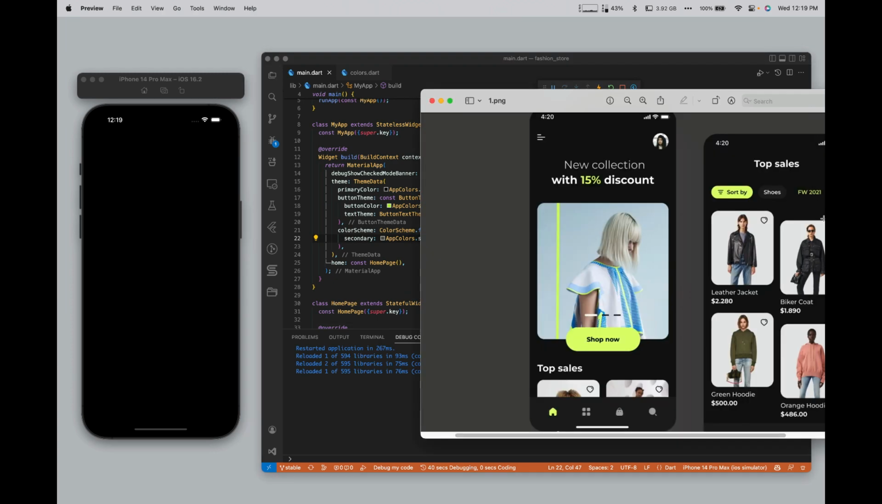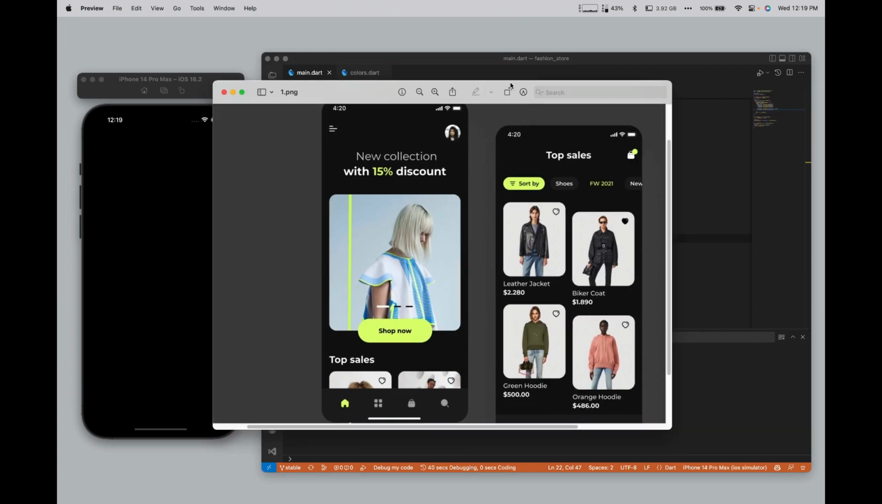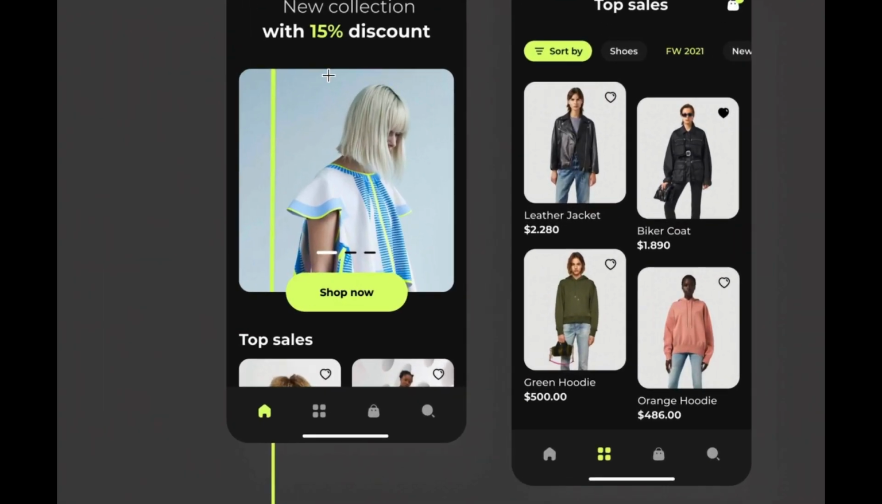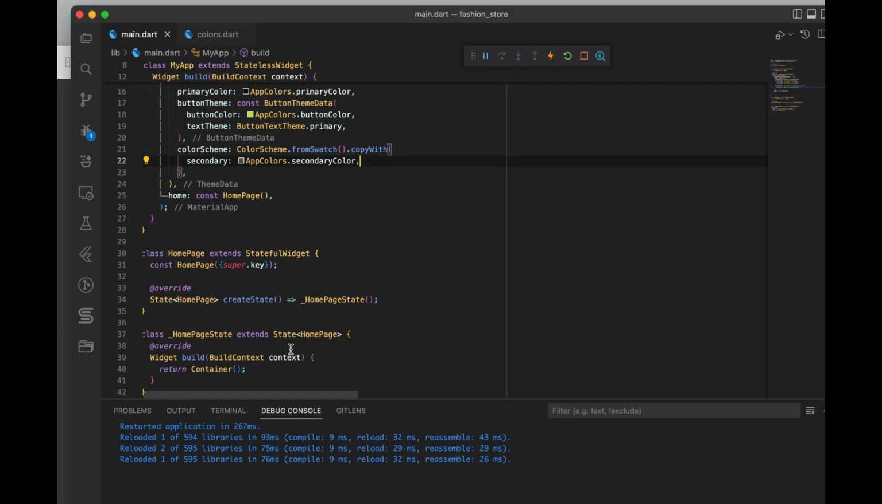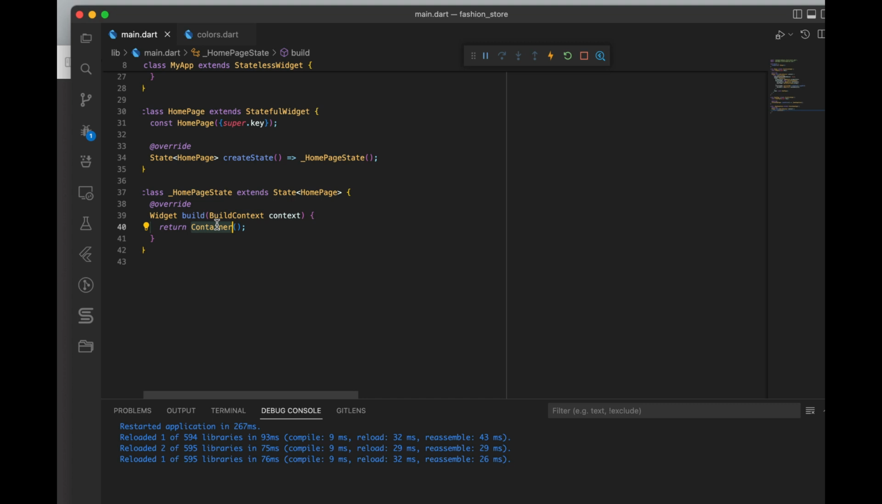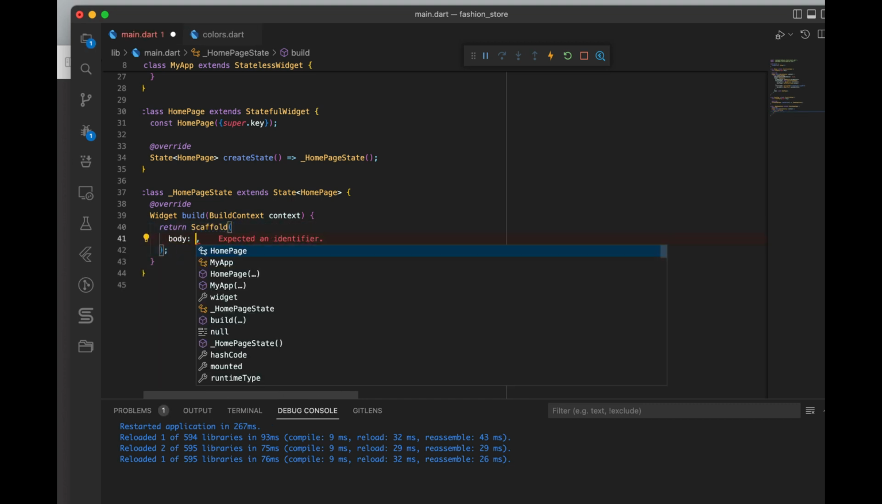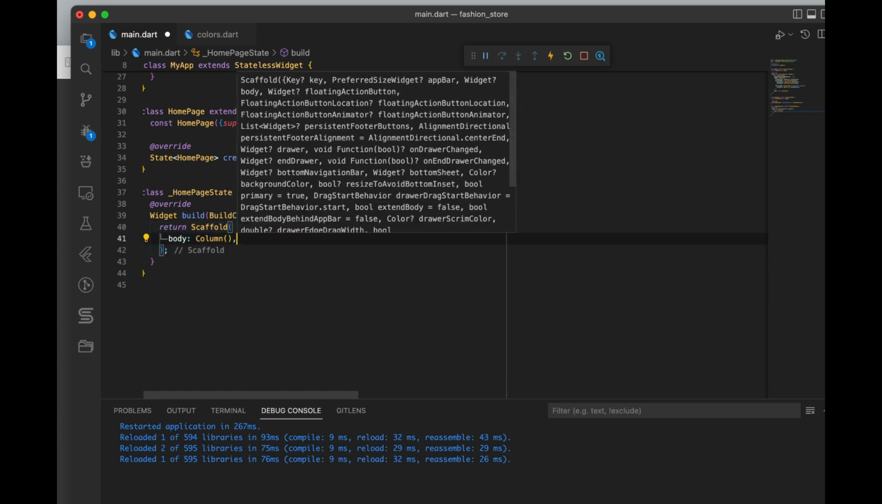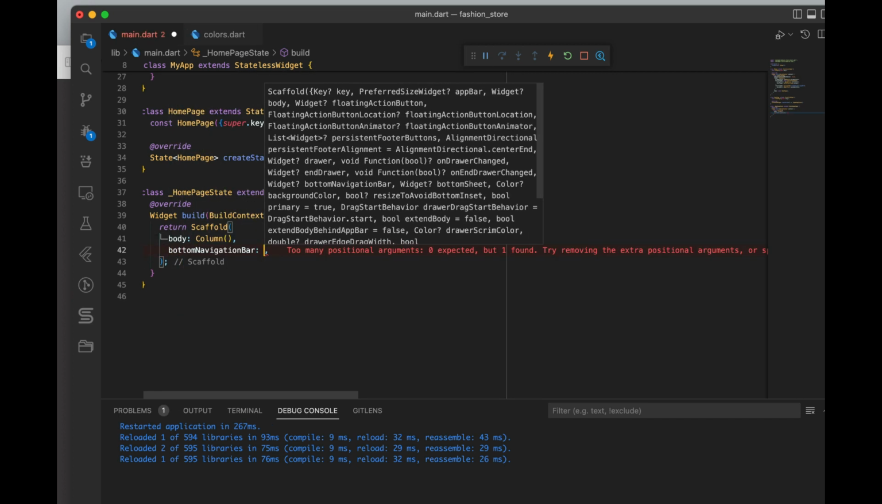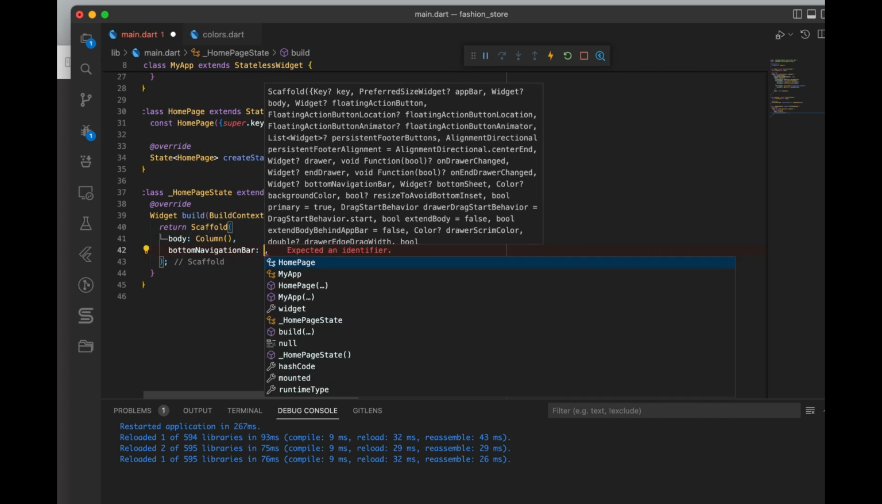And let's see what we need to make, and we're gonna create the bottom navigation first. So let's go on the home page, make a scaffold, body, we're gonna go with the column widget. And if we go into the bottom navigation bar, we're gonna create